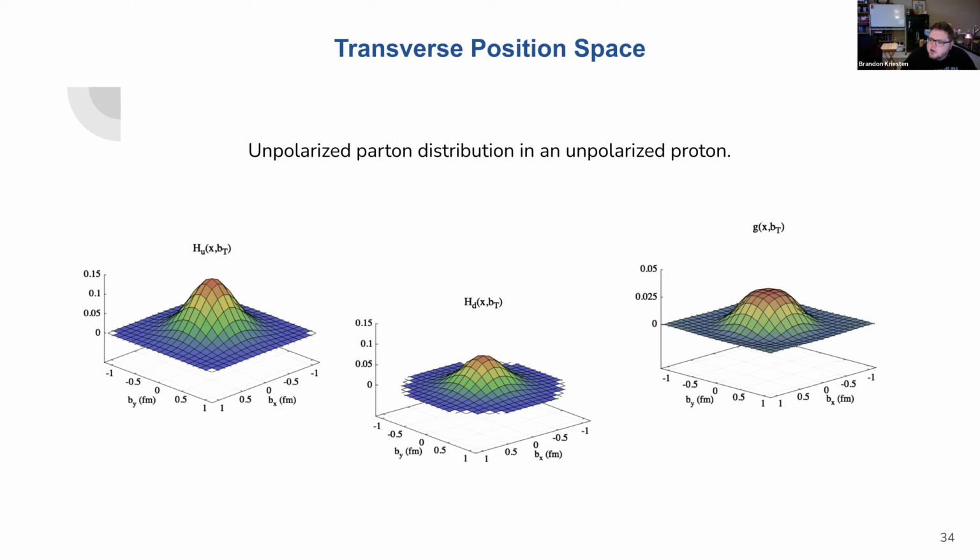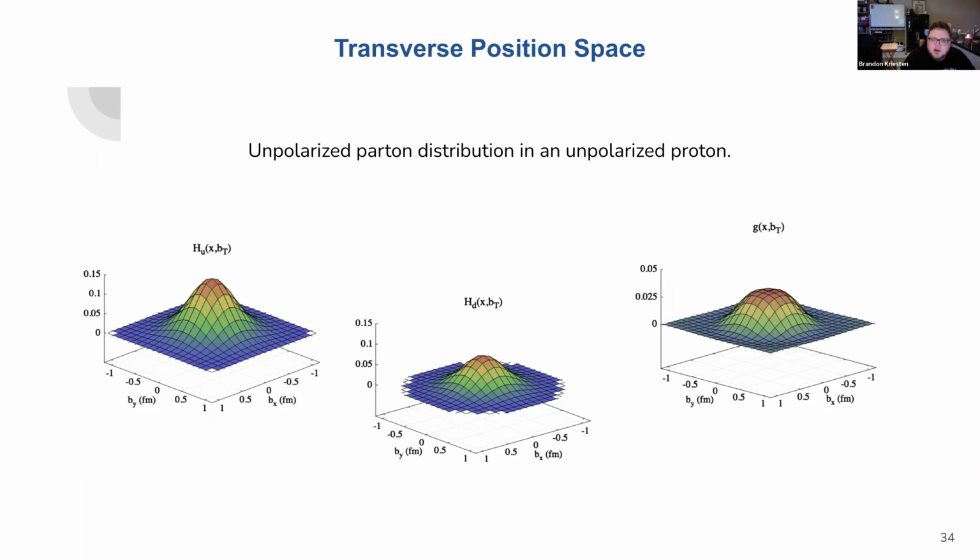Now these are Fourier transformed, and these are done at the initial scale. But there is an evolution framework that can take these pictures and actually evolve them to the final scale as well. It's just that this was not done for these plots. But yeah, so these sort of pictures one can use and start to develop some phenomenology with, and start to play around with what exactly we get from these images.